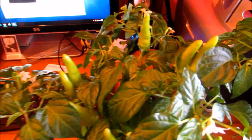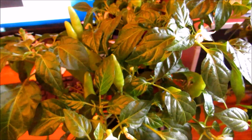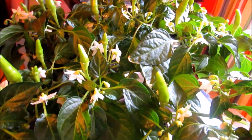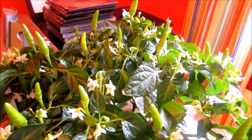The one on the left is the one that I've been shaking, and although there's not so many peppers, and really not so many flowers, to be honest, the peppers seem to be coming on a lot quicker. They're a lot bigger. So, I don't know. It's whether or not the plant can fully produce that amount of peppers to maturity or not. I'm inclined to think that some of these peppers may drop off,